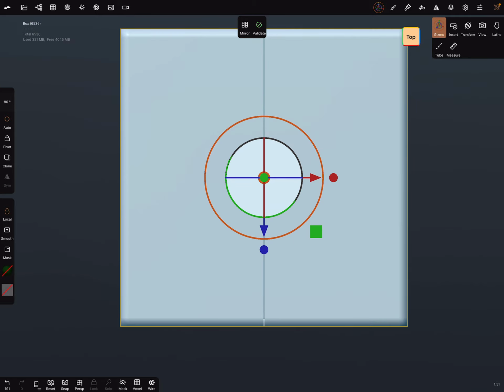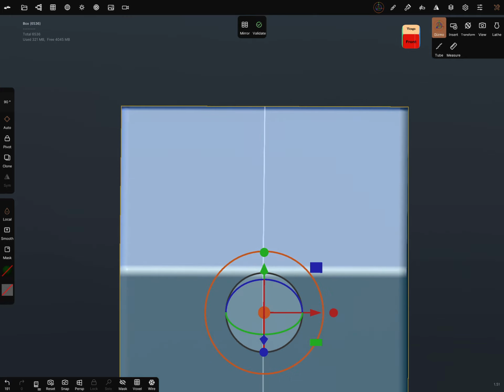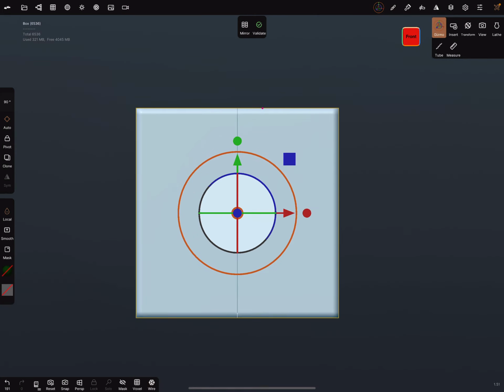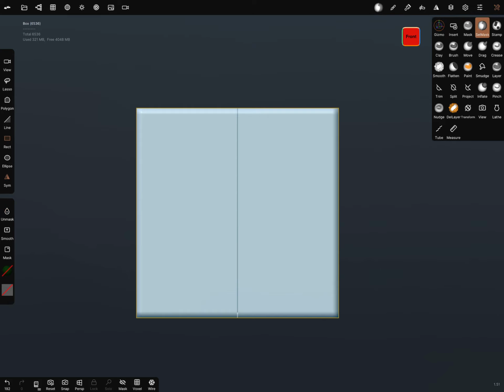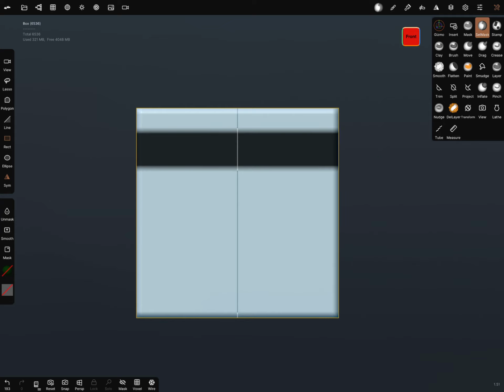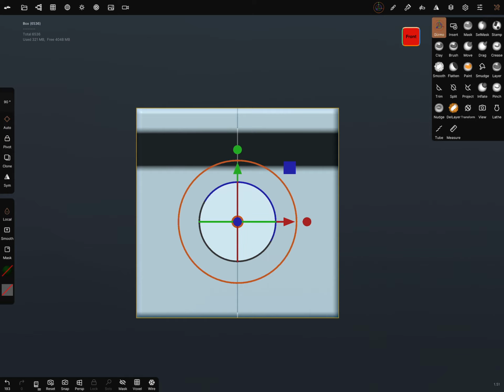I rotate the box on the front view and I validate it. The selection mask you can use, you can make a selection like this, and then you can use the gizmo.